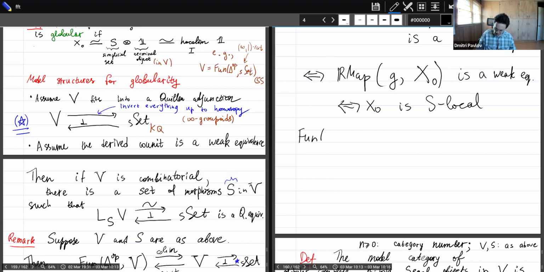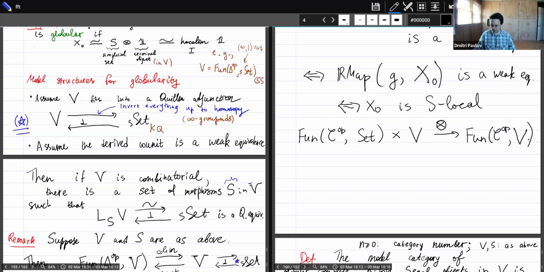So you have a functor from presheaves of sets on C times V, this is called tensor, to presheaves on the same C with values in V. And how does this work exactly? Well, given two objects, say F, a presheaf of sets, and say capital A, an object of V,